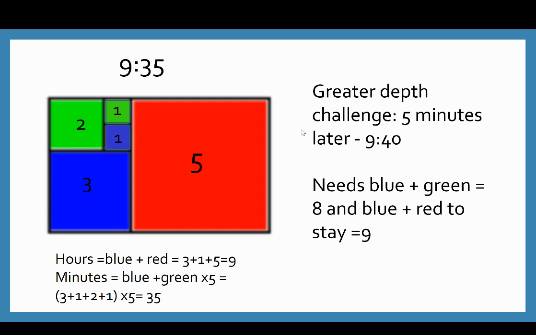Now, a really tricky challenge. Let's try and think of what it would look like 5 minutes later. It was 9:40. So I need my blue and my green to be 8, because if I want 40 minutes, I need 8 5s to be 40, but I need my blue and my red to stay 9. And that's tricky